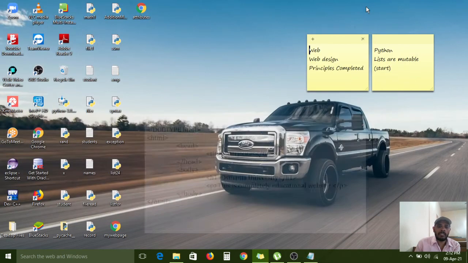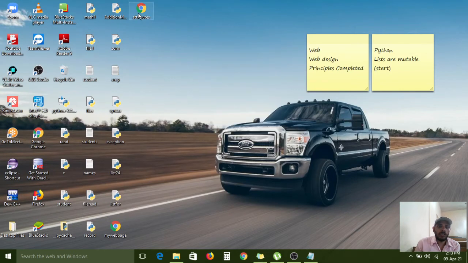Now I am minimizing this window. So here the file is available now. If we properly save it with the .html extension on the desktop, the file looks like this, with a browser icon. This is the Chrome browser icon.